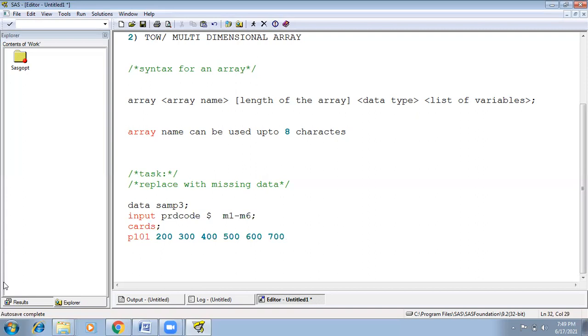Total 6 columns, 1 2 3 4 5 6: 6 numeric variables and 1 character.